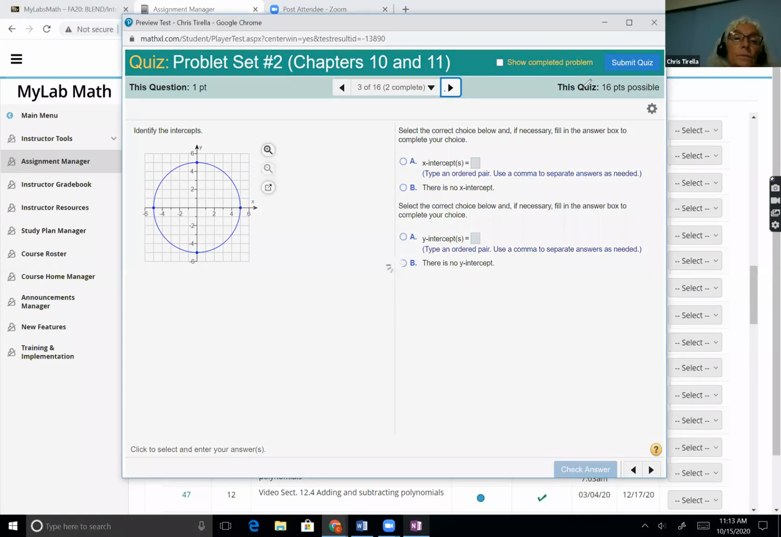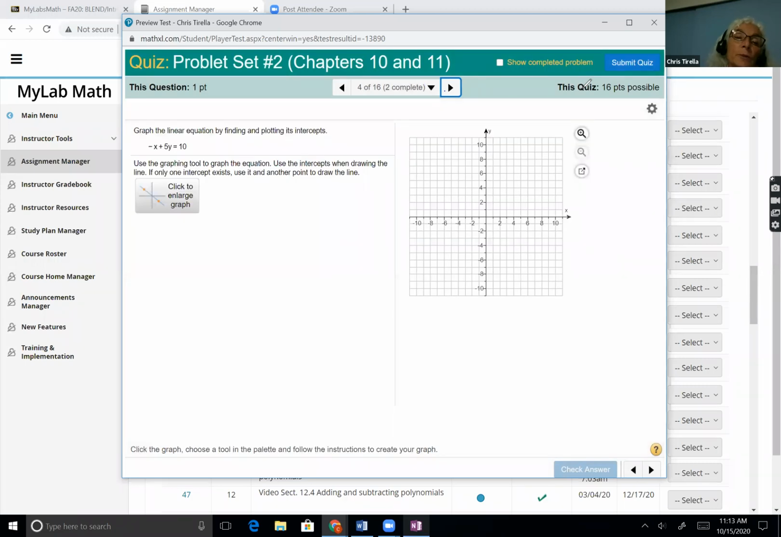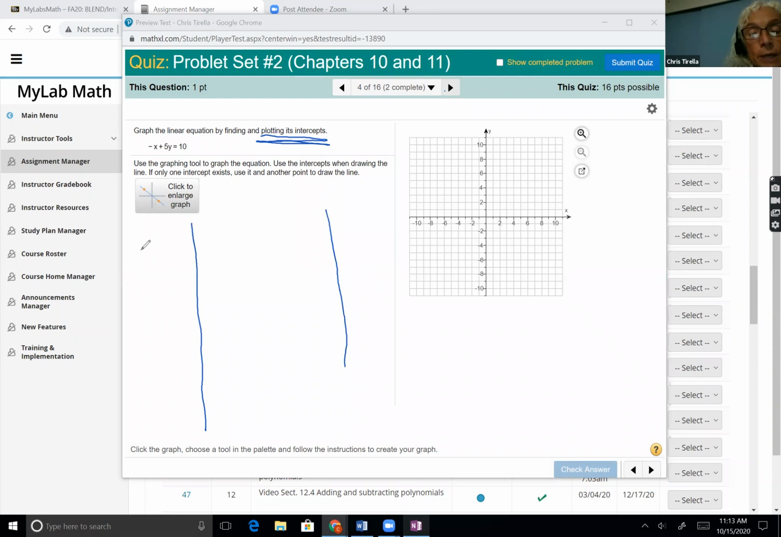The next question asks you to use the linear tool to graph it by finding and plotting its intercepts. This one is one where you do need to have pencil and paper work. And because they specifically ask you to graph its intercepts, the MyLabs part will not accept it if you use other points. And so if I'm graphing it using the intercepts, I'm going to make a table of values, x,